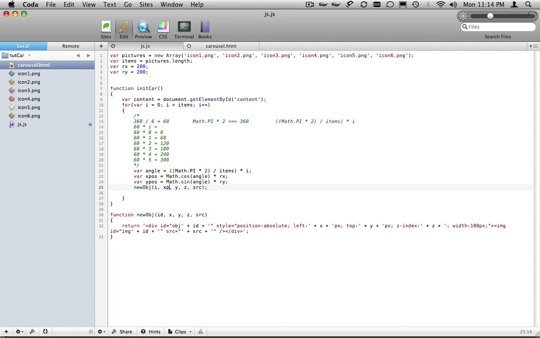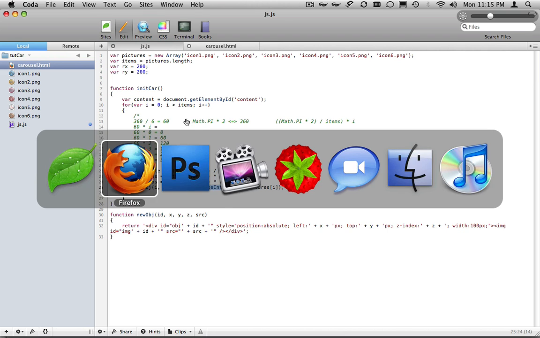X is going to be X pose. Y is going to be Y pose. And C is just going to be the parseInt of the Y pose. Okay, and the source is going to be pictures[i]. Okay, so I put this as C index, this variable, and it's because if you see over here,